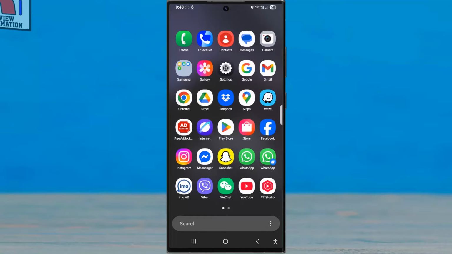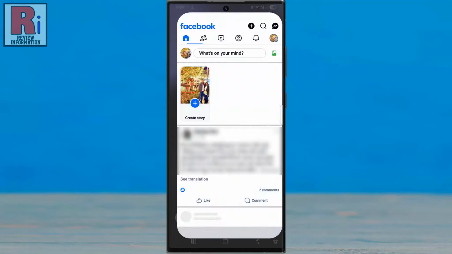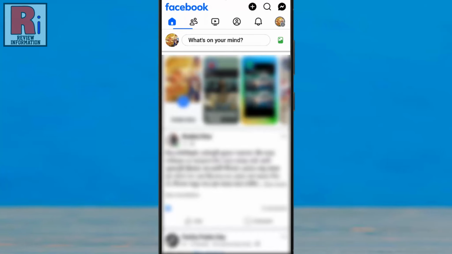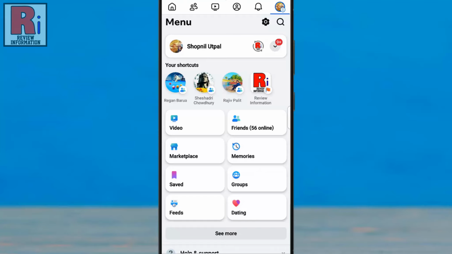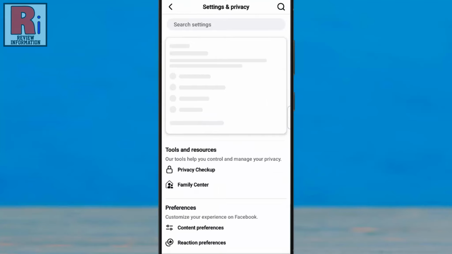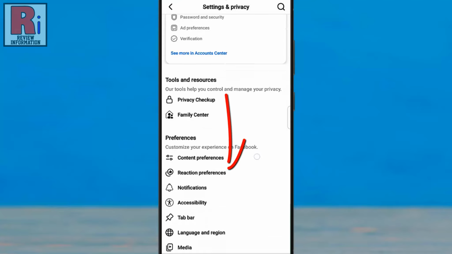To begin, open the Facebook app on your phone. Tap on the three horizontal lines in the top right corner. Then tap on the settings gear icon beside the search icon. Swipe up to scroll down